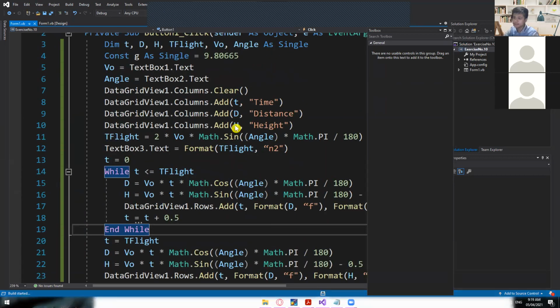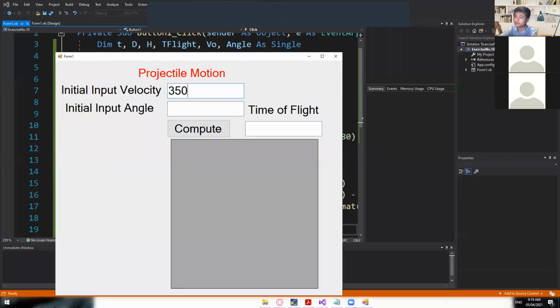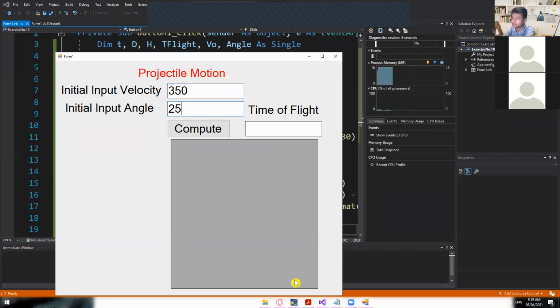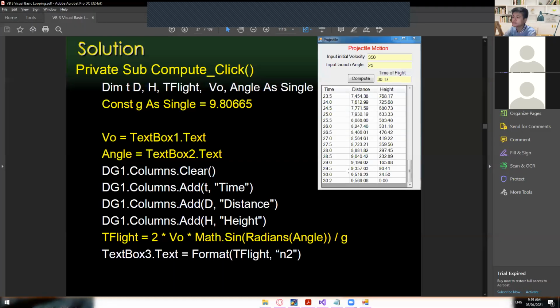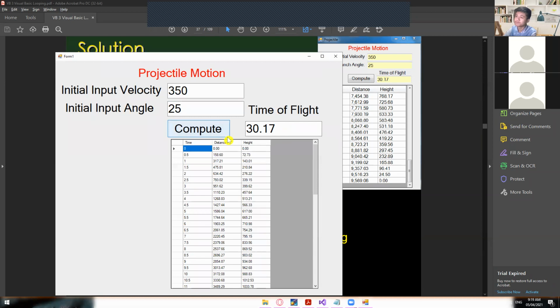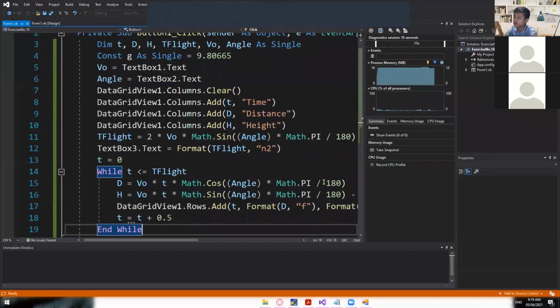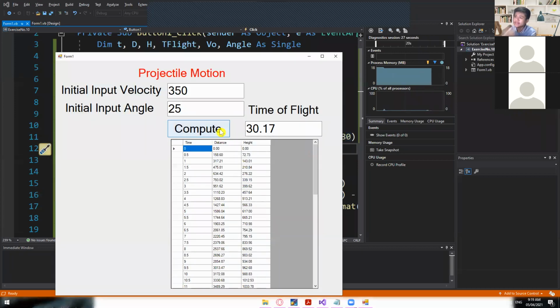All right, so let's see. We will have the same result, 350, 25. There you go. So we have to convert this one from degrees into radians, so just multiply that by math.pi divided by 180. Okay, so I think in here we've started with 0